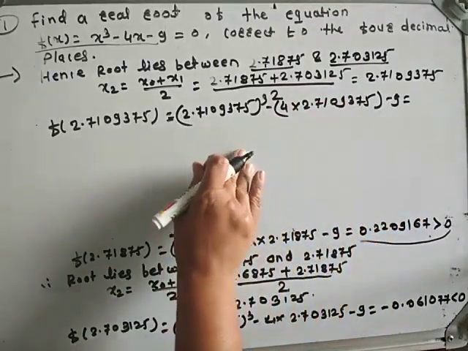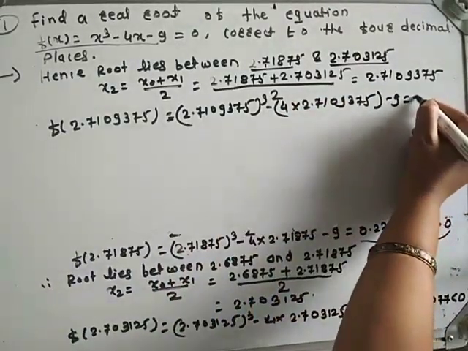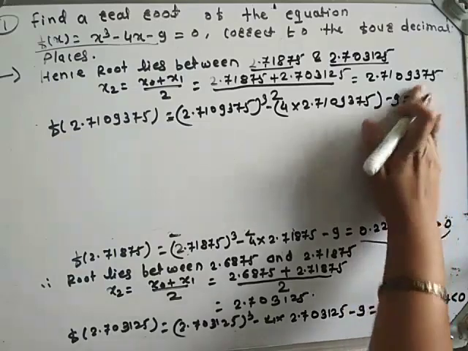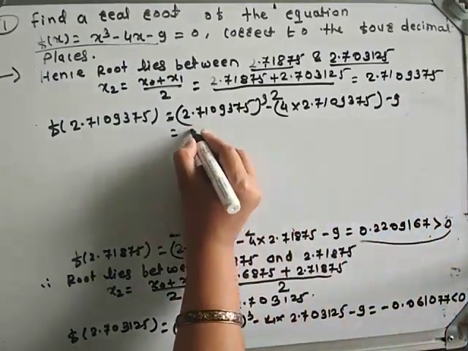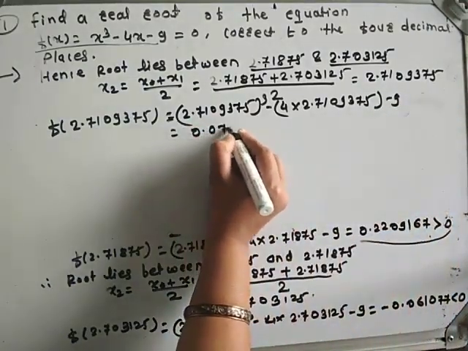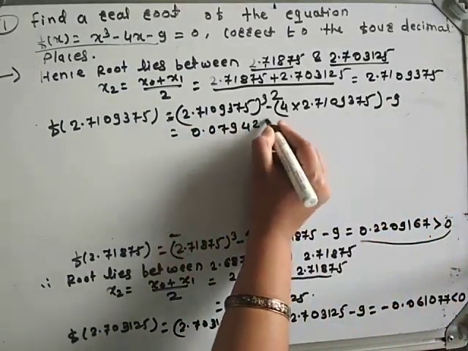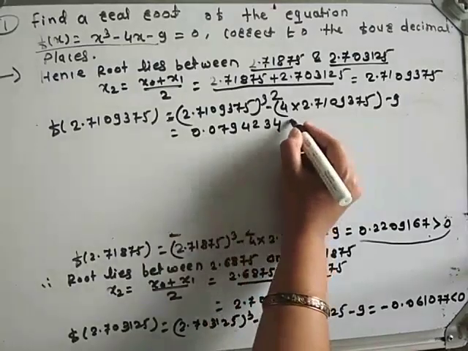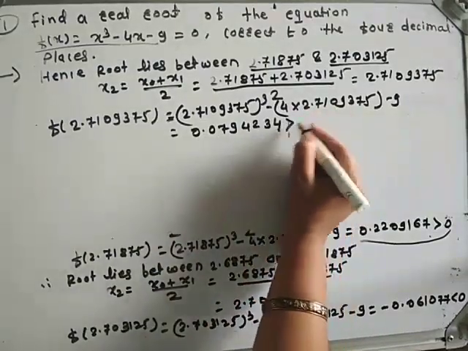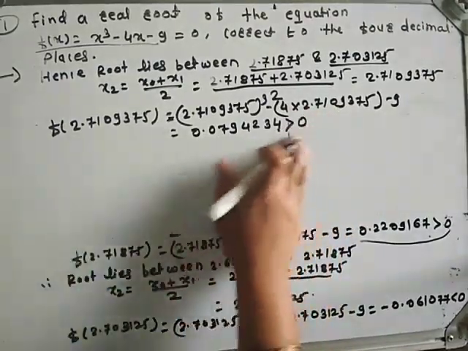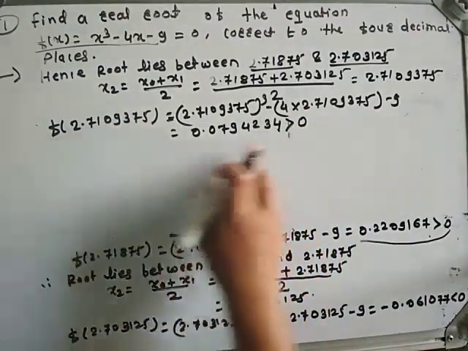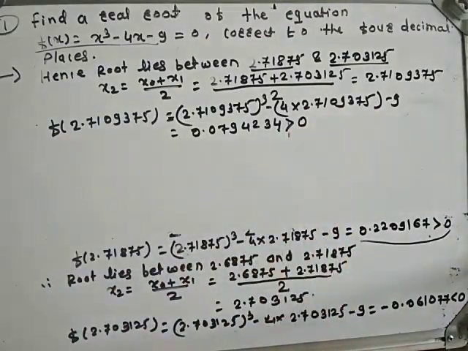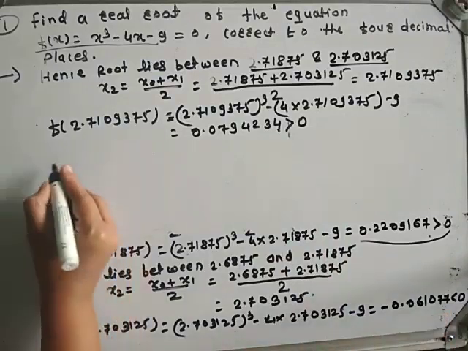After calculating this value, we get 0.0794234, which is greater than 0. See here, f at this point is positive and f of 2.70312 is negative. Therefore, the root lies between